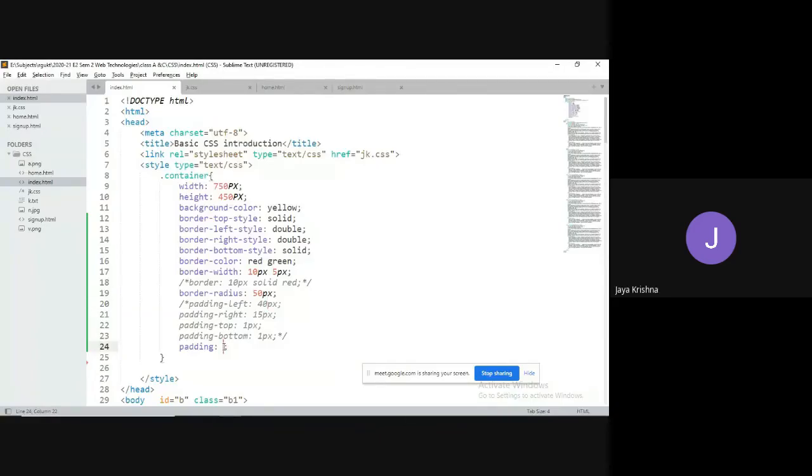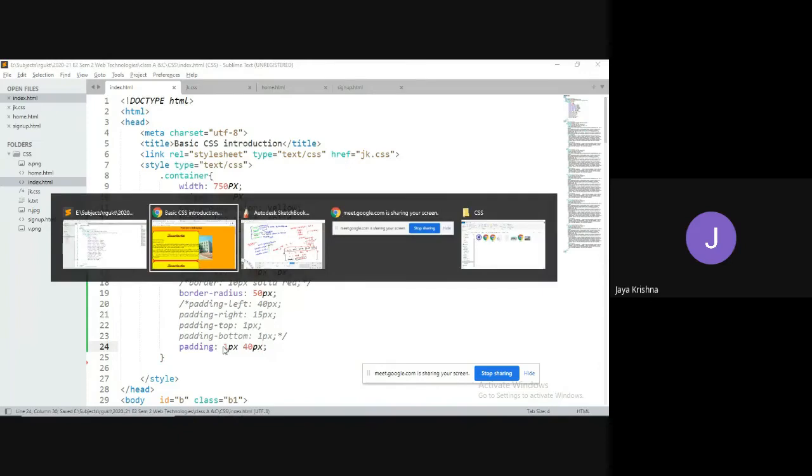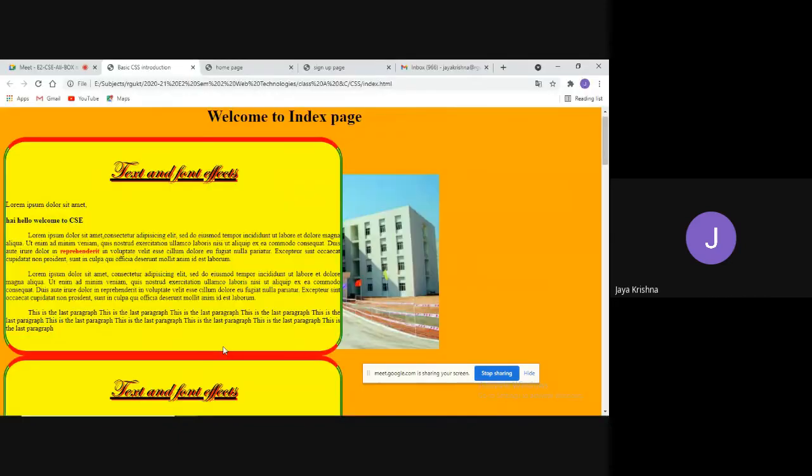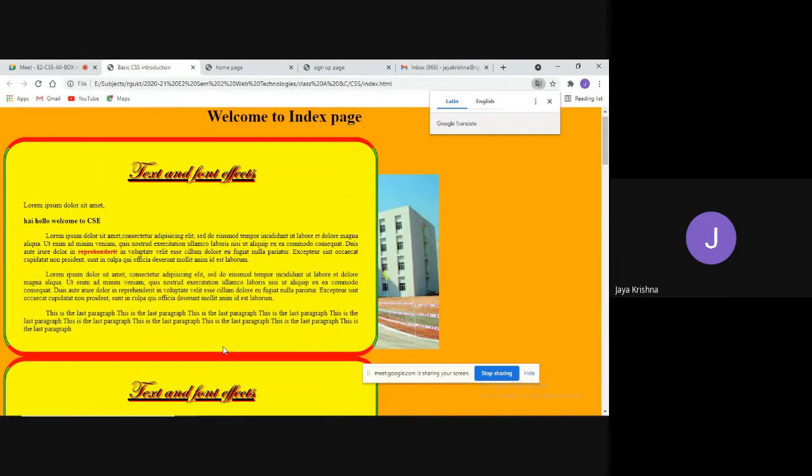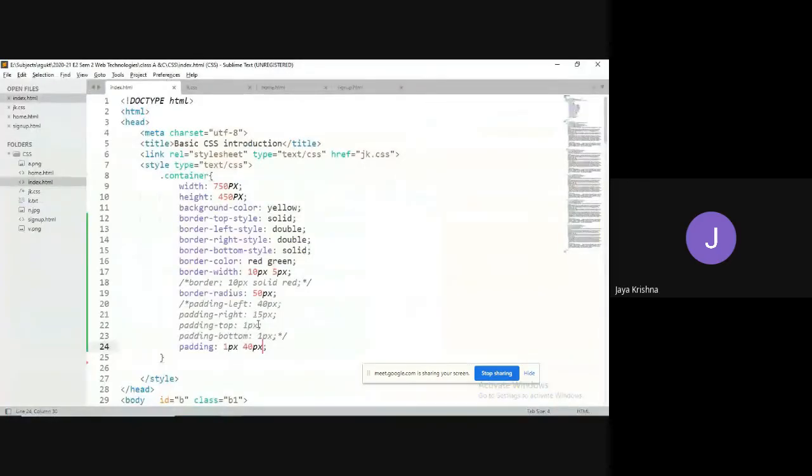For example, 1 pixel and 40 pixel. Top and bottom is 1 pixel, and right and left is 40 pixel. Yes, guys. If you want to have specific, then I'll go with the specific one. I hope you understood now.